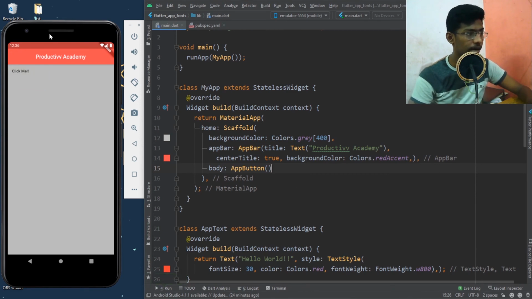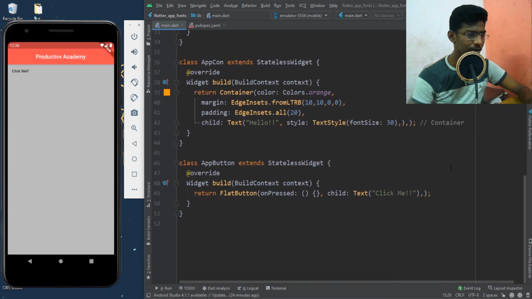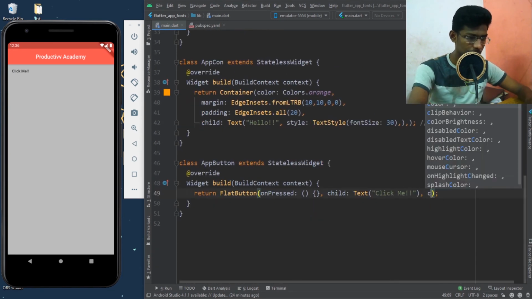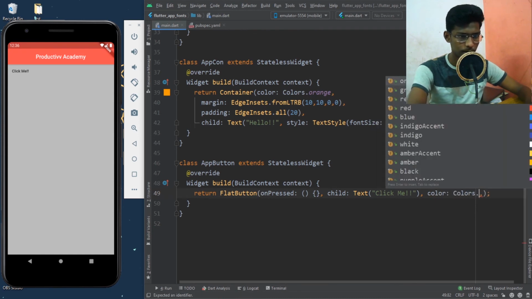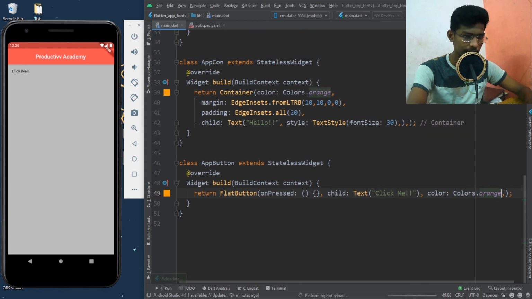Yeah, here I have my button, and it's not visible. Let me give a color for my button, so it's better. I'll keep it as orange itself. I'll save this now.